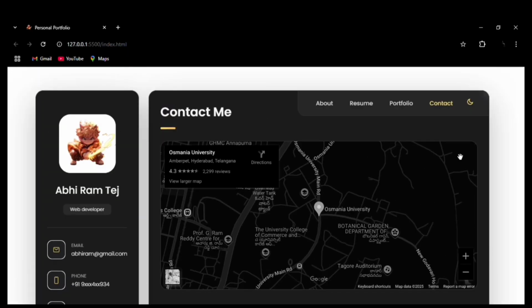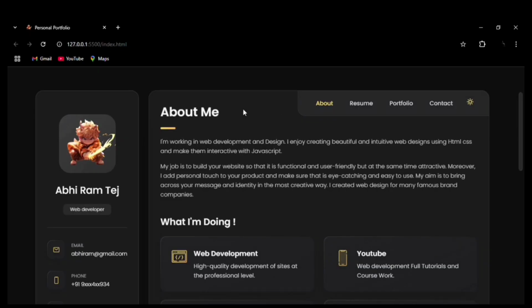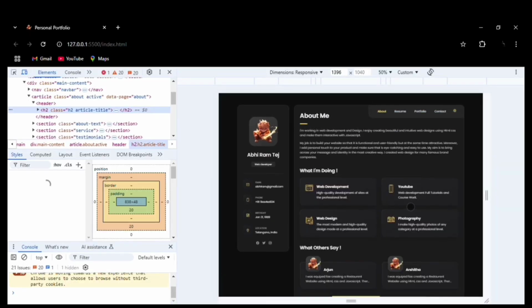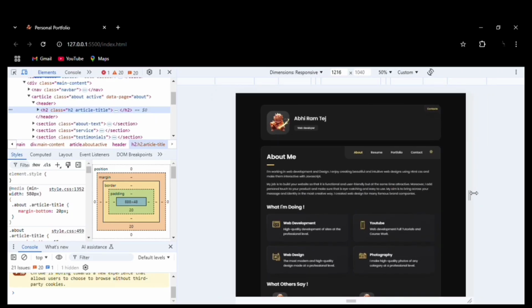This website is entirely responsive. That is, it is also available in mobile as well as in desktop version. You can see this is the desktop version that we have seen up to now. Now you can see this is the tab version of the website,